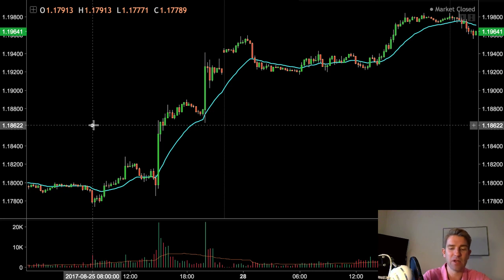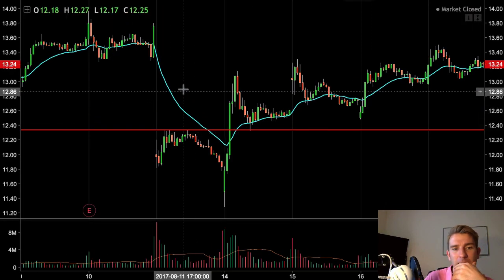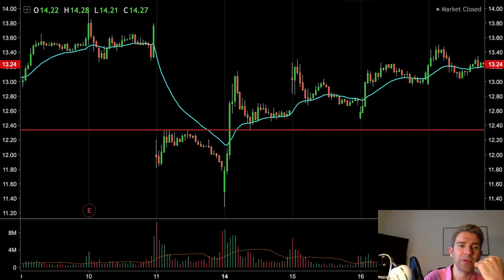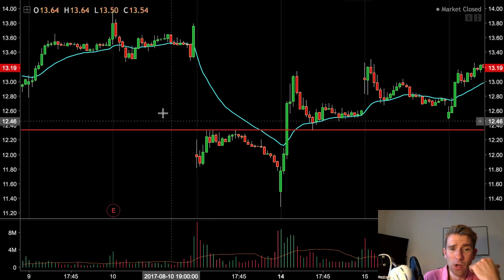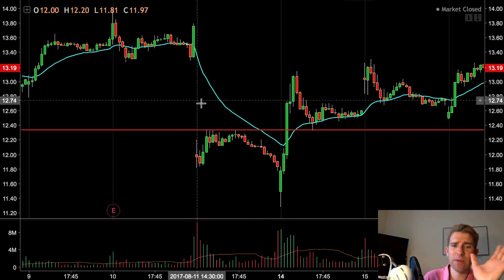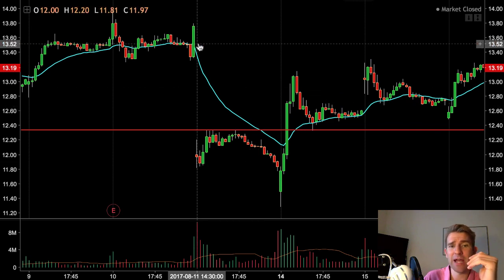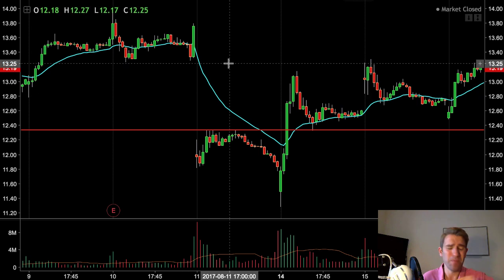Let's have a look at something else. Let's pick out any stock, this could be anything, but I'm just going to pick out Snapchat, because we've done a currency pair. Now let's look at earnings. So we've kind of had earnings or after earnings or whatever it may be, but a big gap in the stock, right? We gap down from about $14 down to $12. So big, huge gap. A lot of people are participating in it.